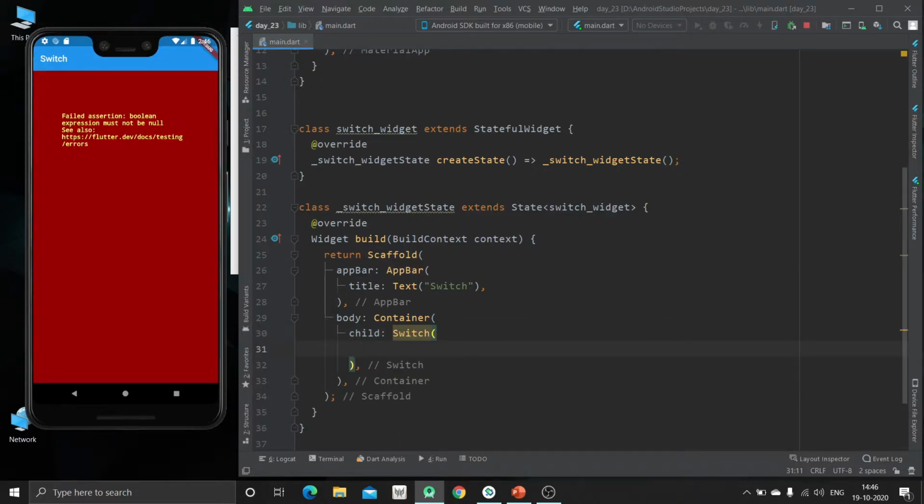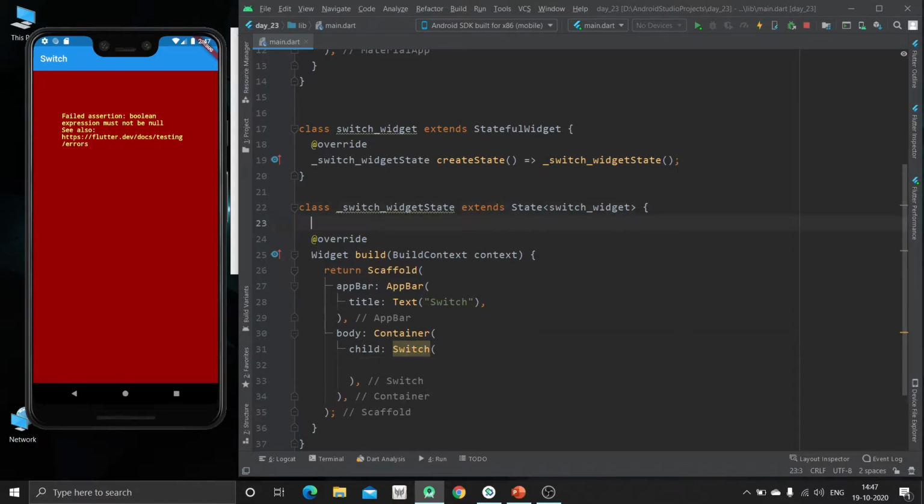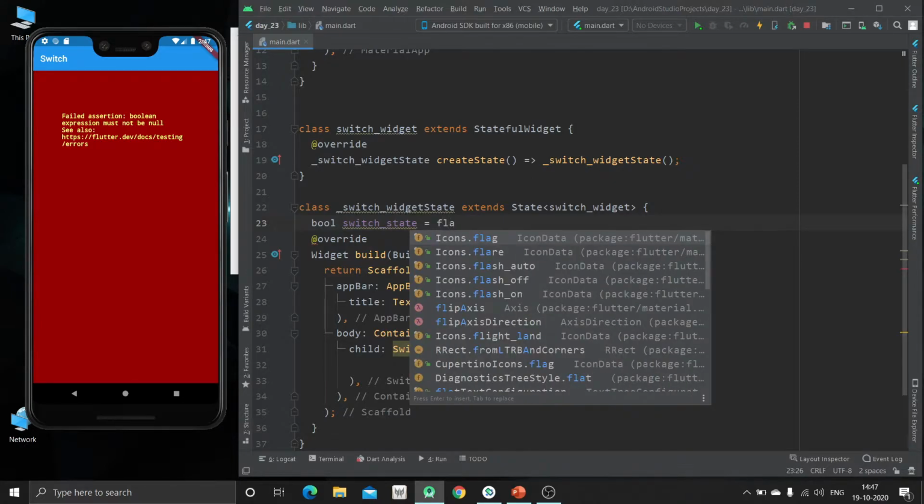Okay, field assertion. Okay, in switch we have to pass the values. So for that we have to create one boolean variable. So we will create the variables that are required. So the first one is boolean, switch state, on or off. It will be switchState. Initially it will be false,